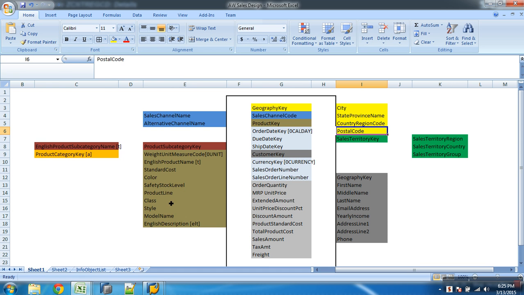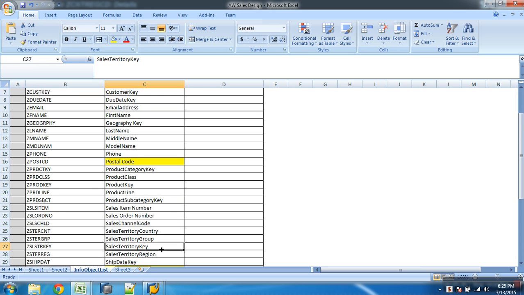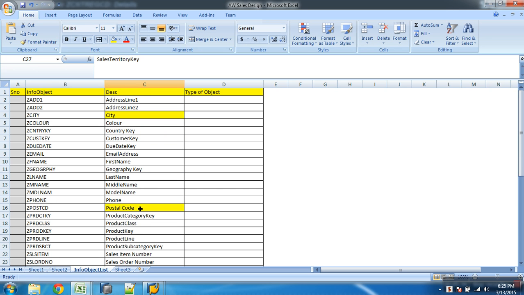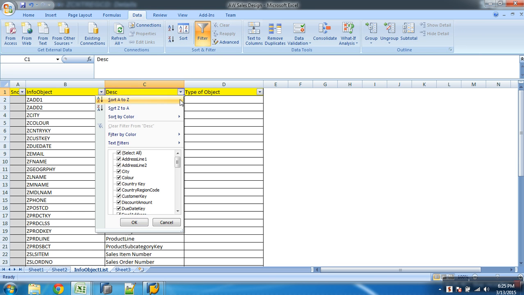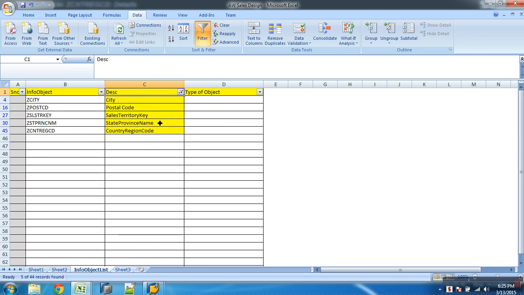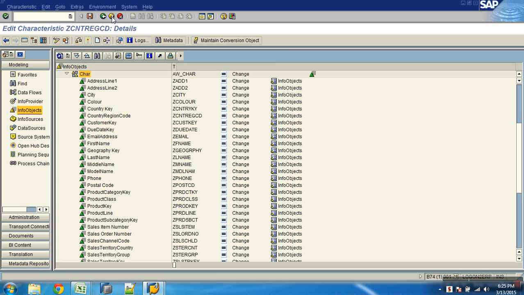Next, sales territory key. So this is what I wanted as attributes there. These are the InfoObjects I actually wanted. So can I use them? Let me just copy this. All this should be attributes of what?